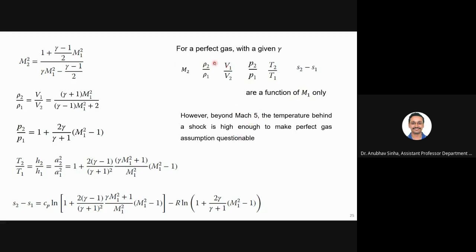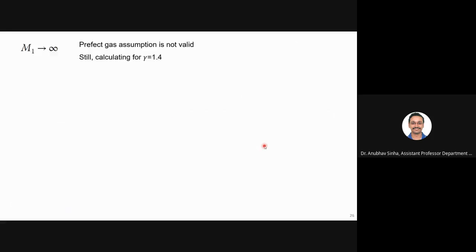Otherwise, for most of the numericals or examples that we'll discuss, this will hold true, unless specifically mentioned in the question that it is like Mach 20 or 30. Other than that, for the general examples that we'll take, this will hold true. Okay, but you should be aware of the limitation. This is the limitation. Okay, moving on. So now we have a relation for flow properties using M1.